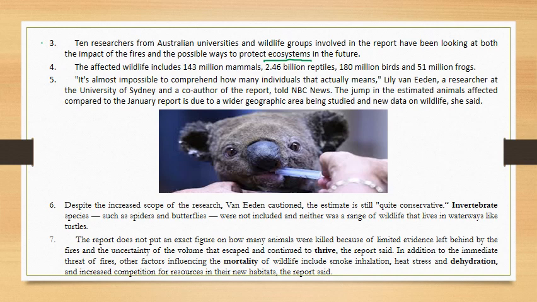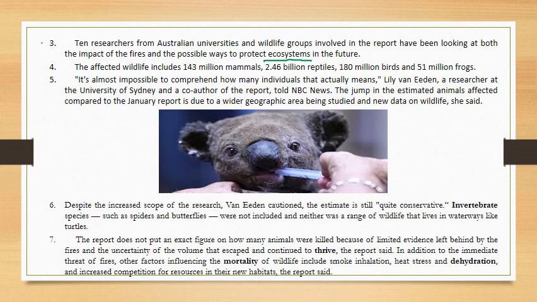It's almost impossible to comprehend how many individuals that actually means, Lily Van Eden, a researcher at the University of Sydney and a co-author of the report, told NBC News. The jump in the estimated animals affected compared to the January report is due to a wider geographic area being studied and new data on wildlife,